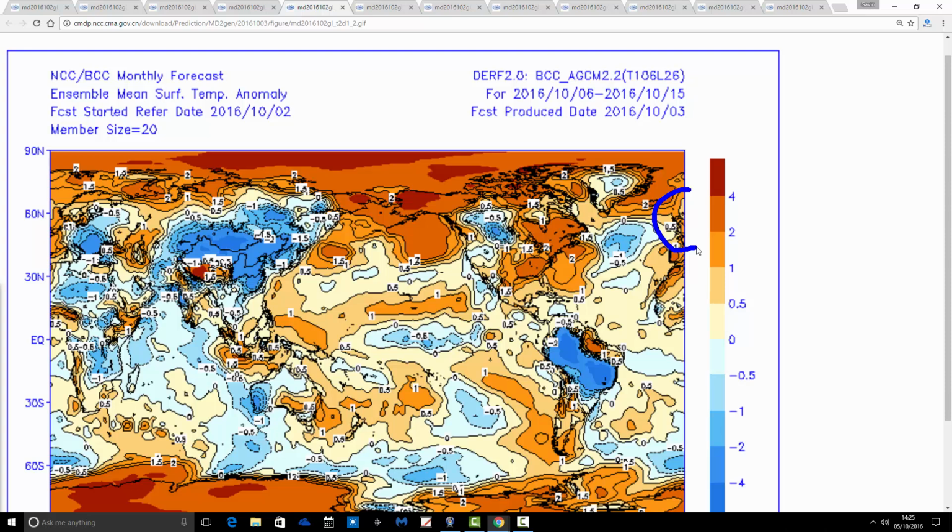I do think these season models, as I explained a lot when I do these long-range updates, are basically climate models. I think they do overestimate the temperatures a bit, they overdo things, so I would bring that down much closer to the average. The anomaly there is around 1 to 2 degrees, maybe a bit more above average, and I'll place that much closer to around average, perhaps even a little bit cooler than average for the coming 10 days. So adjust that down. That's generally the basic rule of thumb with all of these long-range models and their temperature predictions. Take about a degree or so off them normally, and you're not too far out, because I think they do overdo the temperatures a little bit.